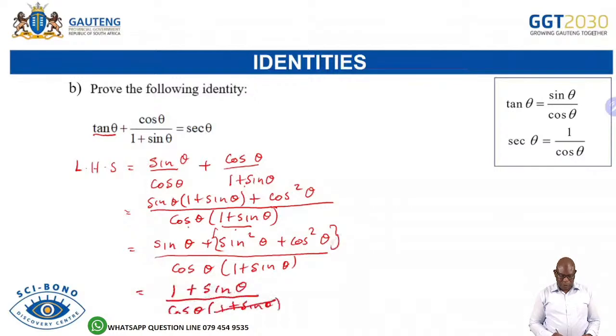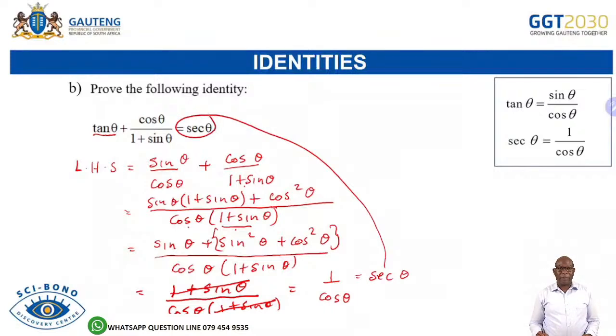Can you see that that whole thing and that whole thing cancels out? Then I'm left with 1 over cos of theta. What is 1 over cos theta? It's sec of theta, which is what I need there. Okay,